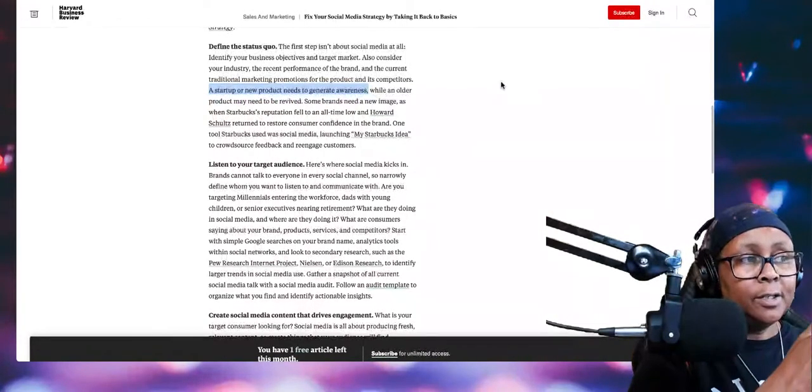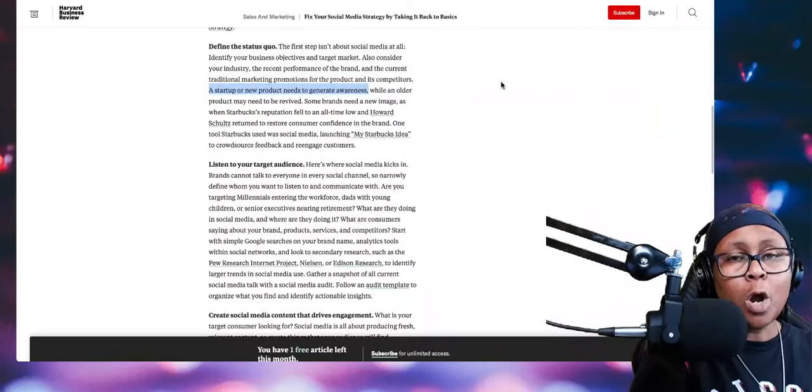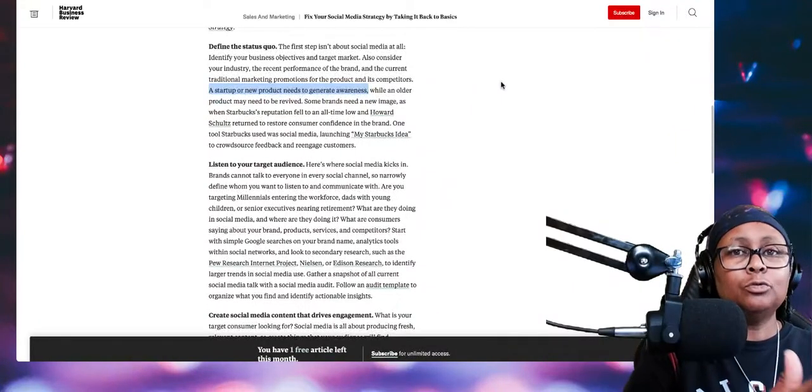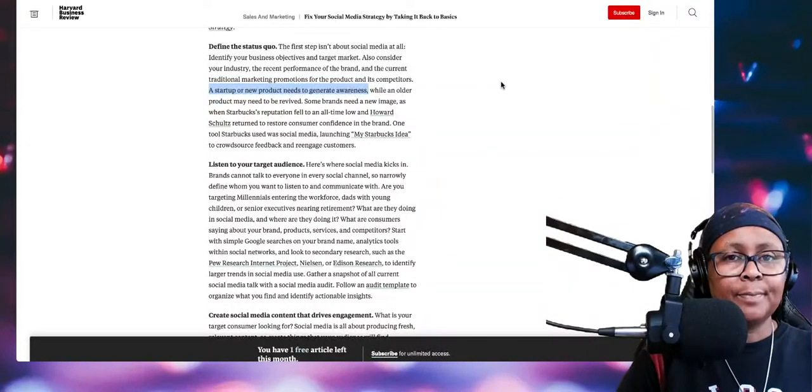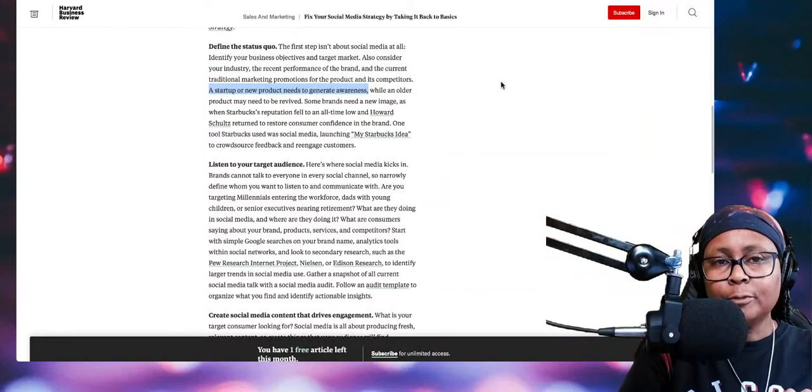You're in the generate awareness bucket. That's where you want to focus your attention. So your strategy is really not necessarily about growing sales. Your strategy is raising awareness. My sister always says, a closed mouth doesn't get fed.